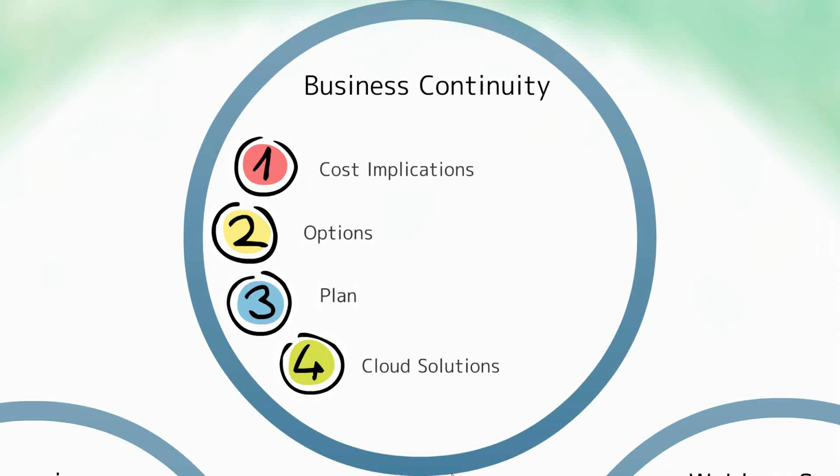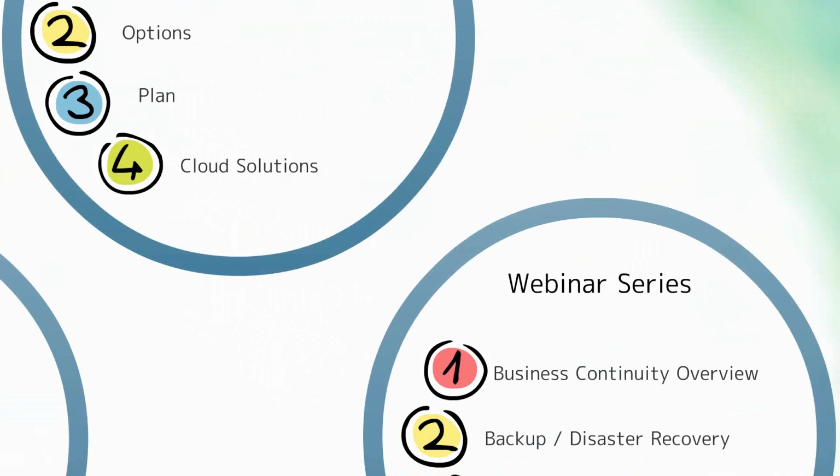There's several things that really comprise business continuity when you come to think about this for yourselves or your clients. Certainly the cost is going to be the number one factor. Effectively, we're talking about insurance. The options can range from the most resilient, redundant failover systems through to very basic insurances and backups. There's how you build a plan, what's the right way of auditing your business for its business continuity readiness, and how cloud solutions play in to provide extra resilience and redundancy.